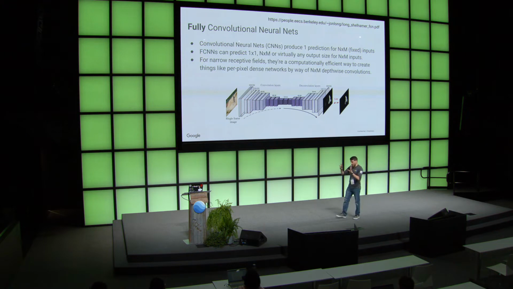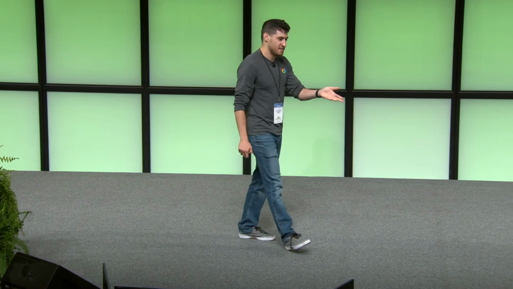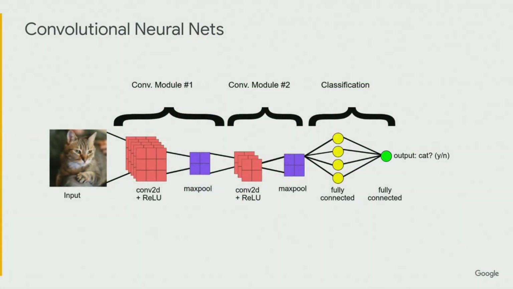So that's the first ingredient to build a fully convolutional neural net: to have a decoder. The second thing is why it's actually called fully, because that's not really clear, right? Why isn't it just called a segmentation convolutional neural net? So if we go back to this diagram here, one of the fundamental building blocks you'll see in a lot of neural networks is something called a dense layer or a fully connected layer.